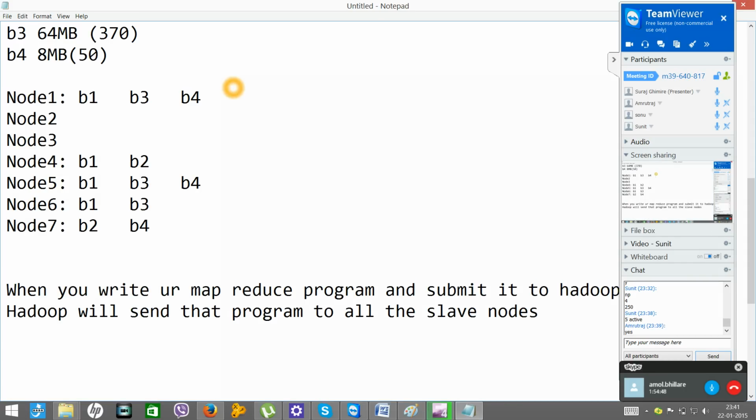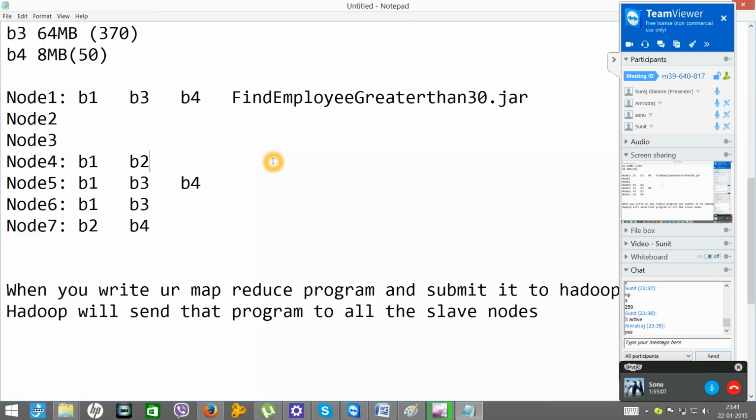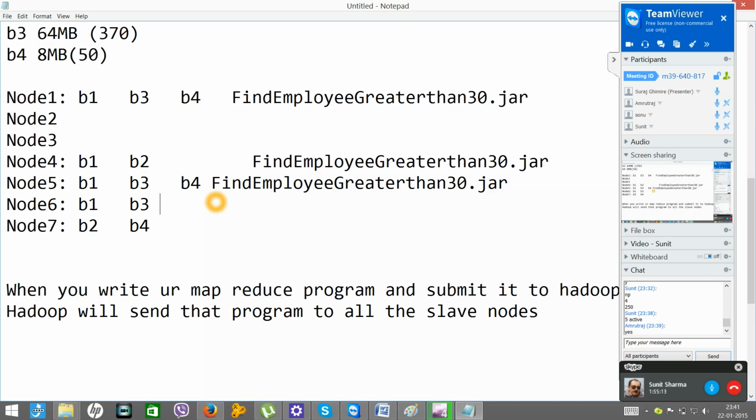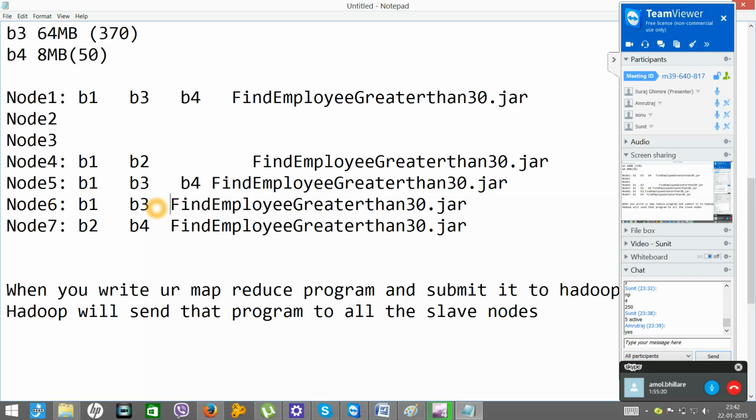Let's say it is find employee greater than 30.jar. So this is my jar file. I wrote some MapReduce program, submitted it to Hadoop, and Hadoop has distributed the program to all the active nodes.